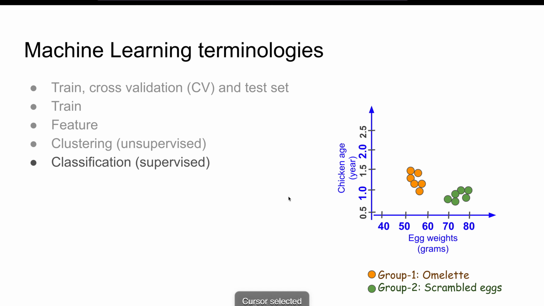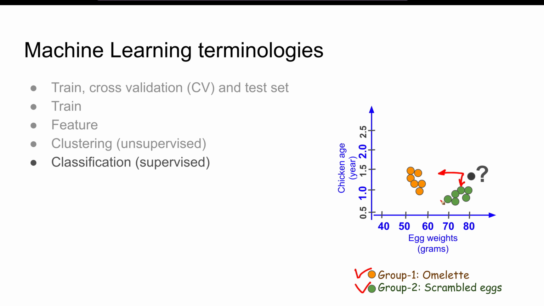Now let's look at supervised learning or classification. As shown in the previous graph, here we already have the data points labeled. We have group 1 and group 2 already labeled and colored here. So what happens if we get a new data point? Let's say we get this new data point, does this belong to this group or does this belong